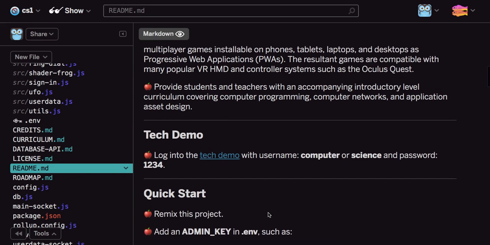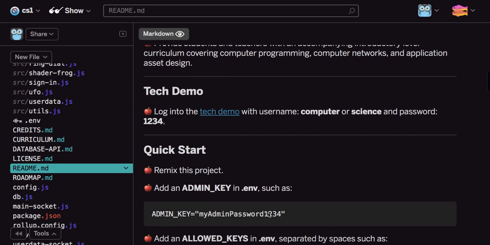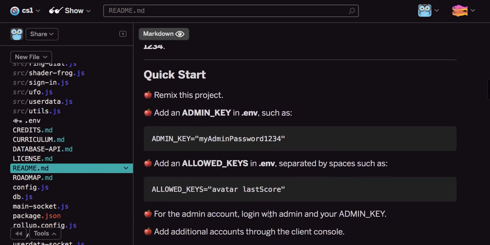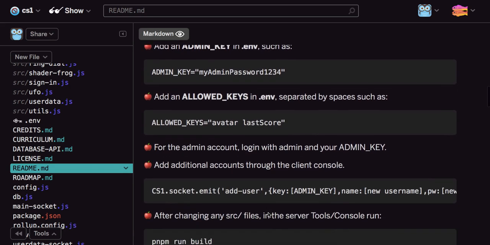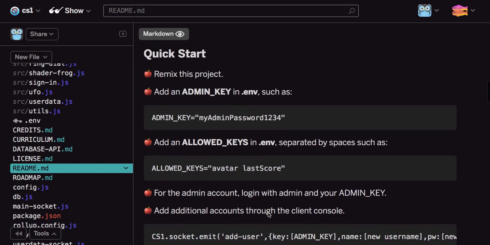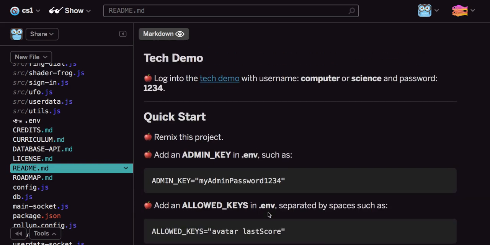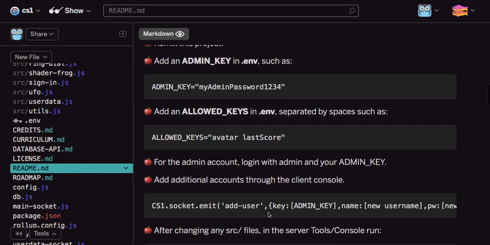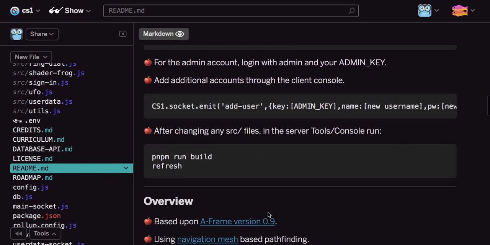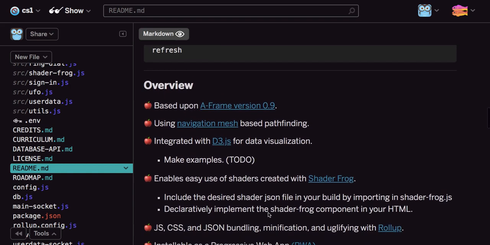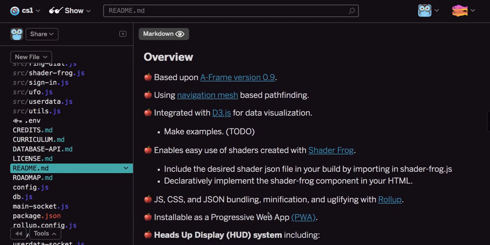If we look through the README, now this is hosted on Glitch right here in a project. It's also on GitHub. You can take a look here at what you need to get started. It's a pretty short list of things. You just pretty much click the remix button and go through a few steps and you can be up and running in no time. This could be used literally from people in middle schools all the way up to adults